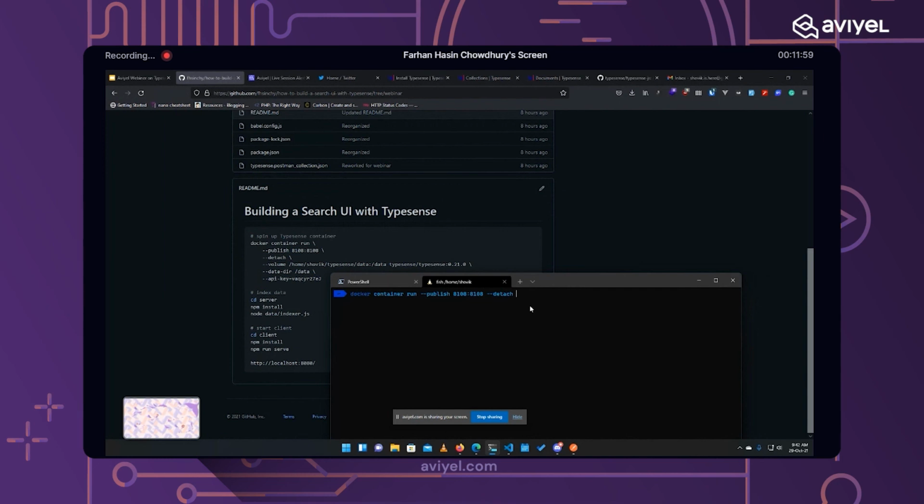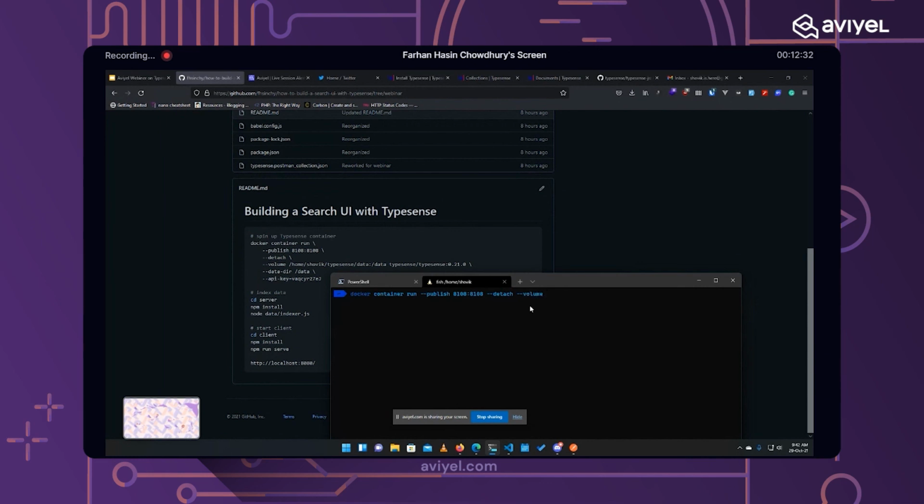If that ever happens, we will lose all our index data as well. So a good thing to do is map the data from inside the container to an outside directory, or maybe a separate volume. All these jargons that I'm saying, volumes and mapping data, are related to Docker. If it seems unfamiliar to you, don't worry at all. You can just go ahead and learn Docker and you will be familiar with all of this.